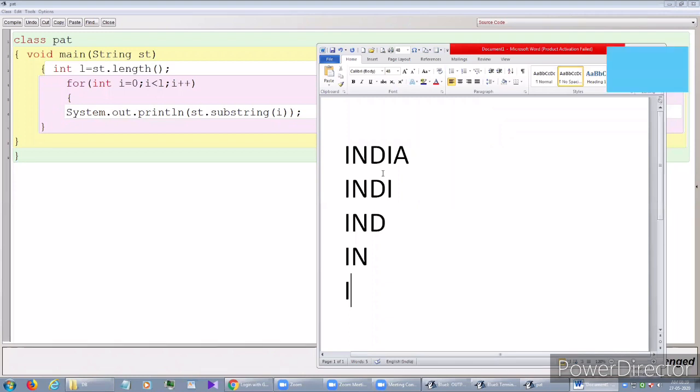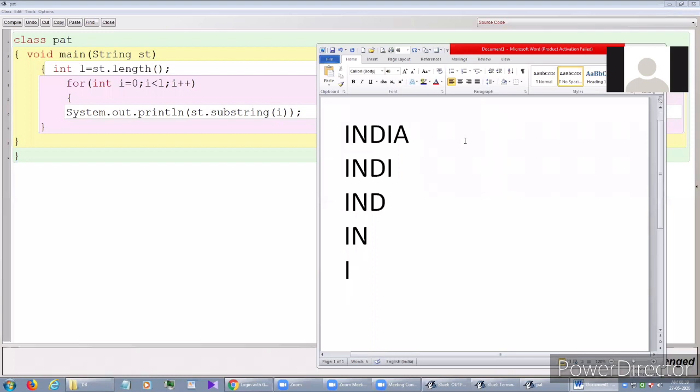Okay, let me explain this one. For I equals 0, I less than L, we need to first see the target: India, INDI, INDI. So what changes do we need to do?